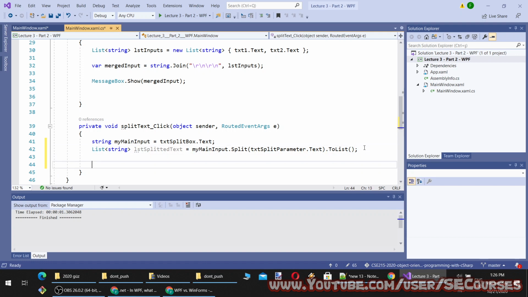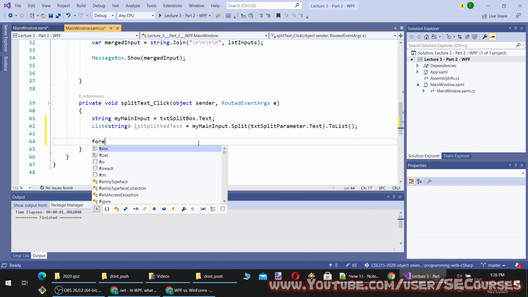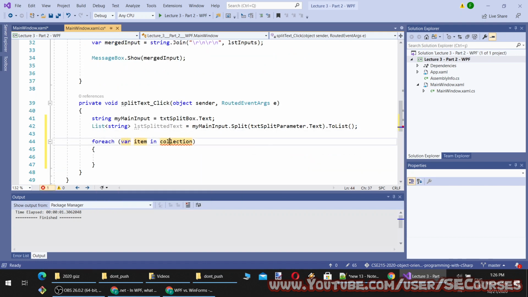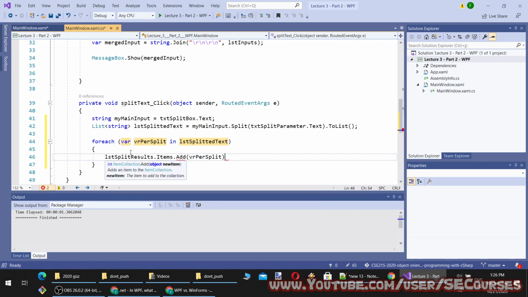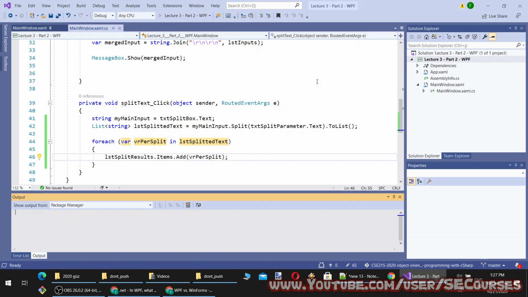And what will it do? It will, in this text, add items of list box one by one, the splitted text. Let's try it.